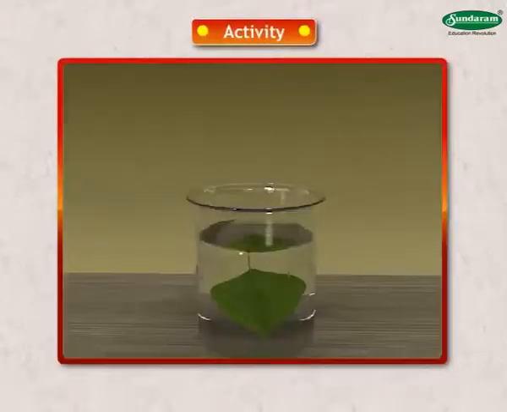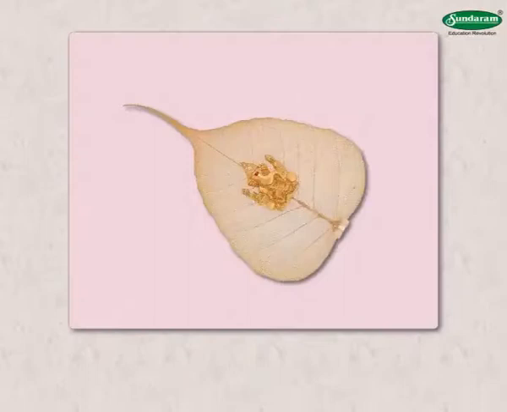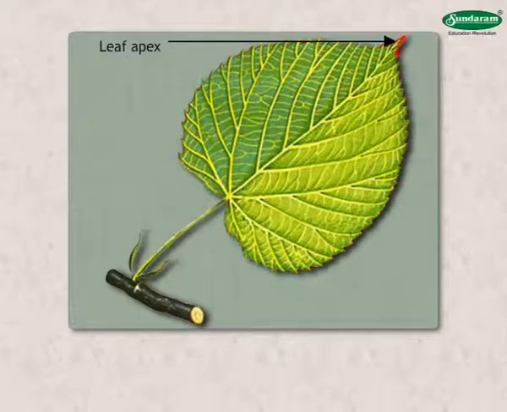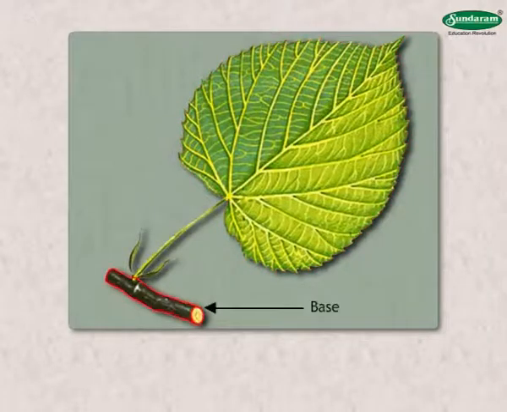See for yourself. Take a peepal leaf with its stalk. Keep it immersed in water. In 15 to 20 days, the green part of the leaf will rot away because of decomposition, and you will be able to see how the veins form a network in the leaf. Paint this leaf and use it to make a greeting card. See for yourself. Look at the leaves and the variety in their margin, apex, blade and base.